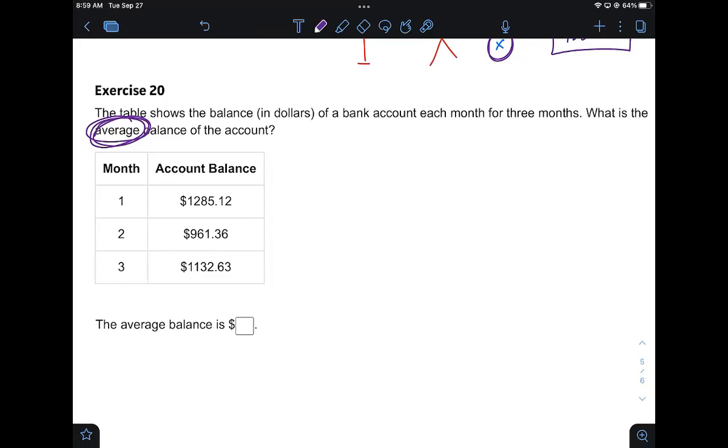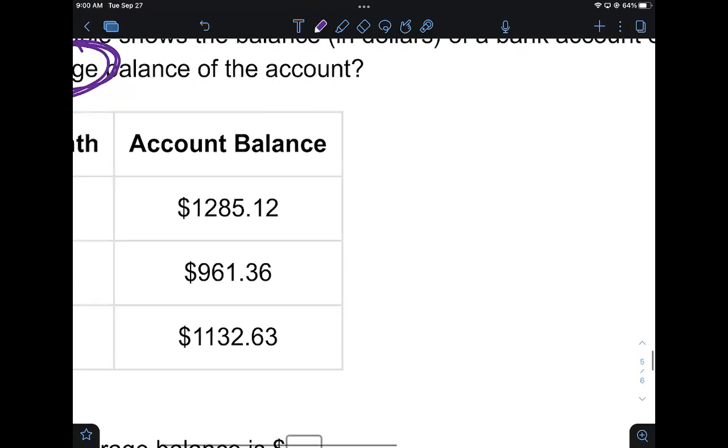Now, I would be happy with an account balance if I were you, right? Of $1,285.12. That'd be kind of nice to have, right? And then month 2, my account balance went down a little bit. And then month 3, it went back up. But to find what the average is, we have to add them together and divide by 3, because it's 3 months. So let's start by writing